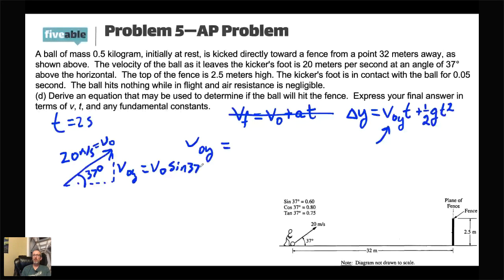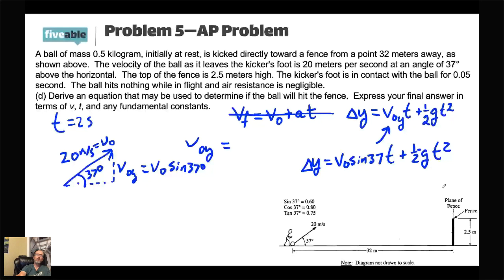So now we can put in delta y is equal to V0 sine of 37 times the time plus 1/2 of gravity times time squared. The big deal here, though, is if we make this velocity positive, we're going to need to make gravity negative. So if you're going to do plus 1/2 of g, you're going to want to put that negative in at that point. All right, so now we have our final equation,